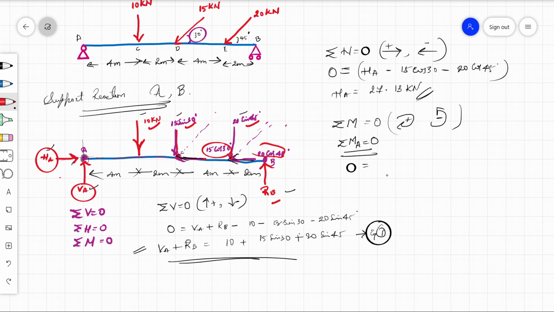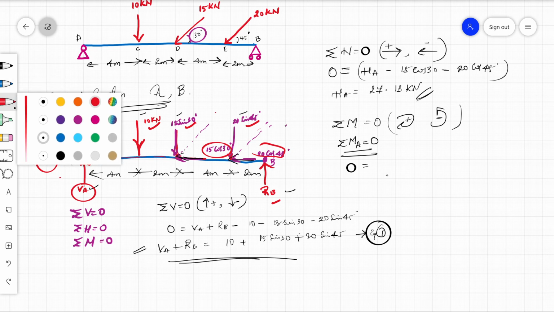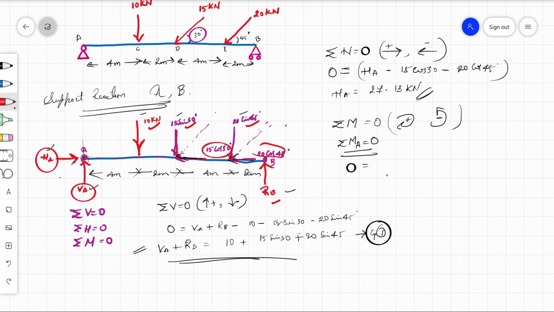Let me start with the reaction itself. Always let us start with the reaction itself. RB. Okay, I'll take RB. So what is this RB? If this is the moment center, how is the rotation? The rotation goes like this, right? If RB is turning, it gives this rotation. Whether it is clockwise or anti-clockwise, that is anti-clockwise, right?